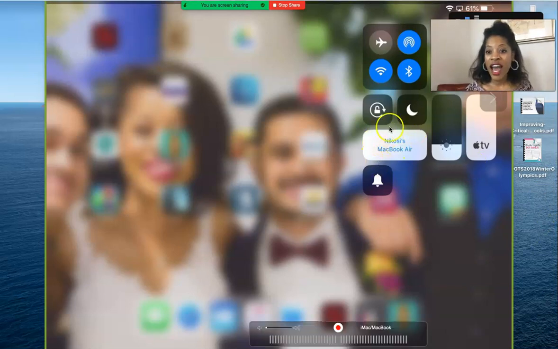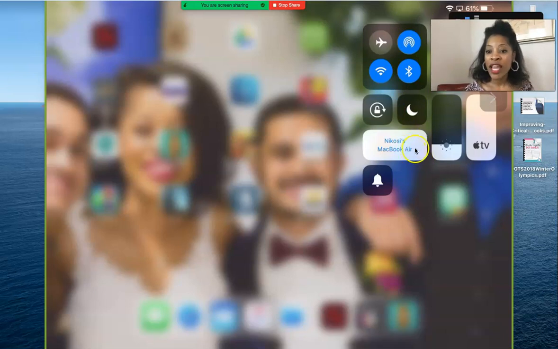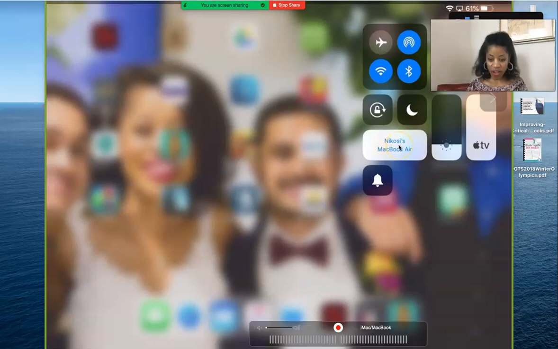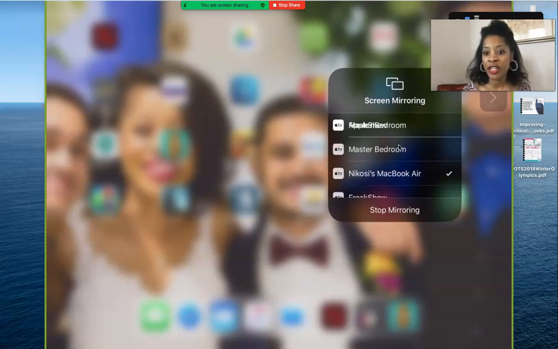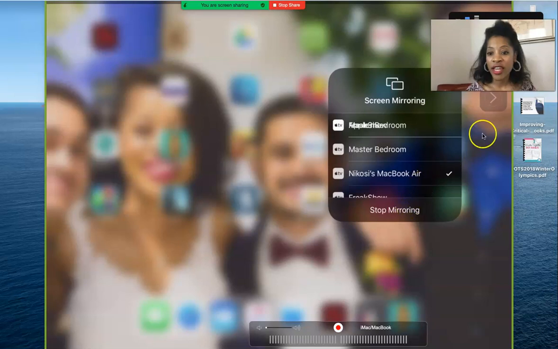Okay, guys, so here you're actually looking at my iPad screen, and on the right side of it, you can see that I'm actually sharing my iPad onto my computer, my MacBook Air. And how I got this section was I swiped from the top to the bottom of my screen, just with my thumb, just one swipe, and it gave me options to click on. And see, you can see here I'm mirroring, so there's a section that says screen mirroring, and I selected Nkosi's MacBook Air, and as a result I was able to screen share. Now if I wanted to stop screen sharing, I would just stop mirroring right here,